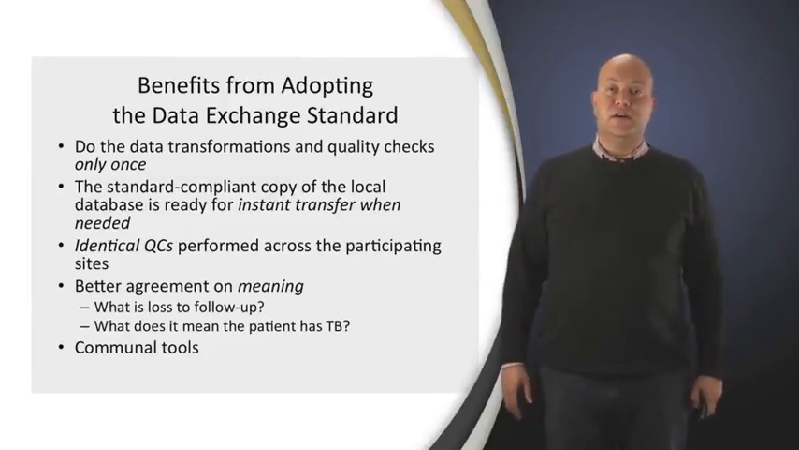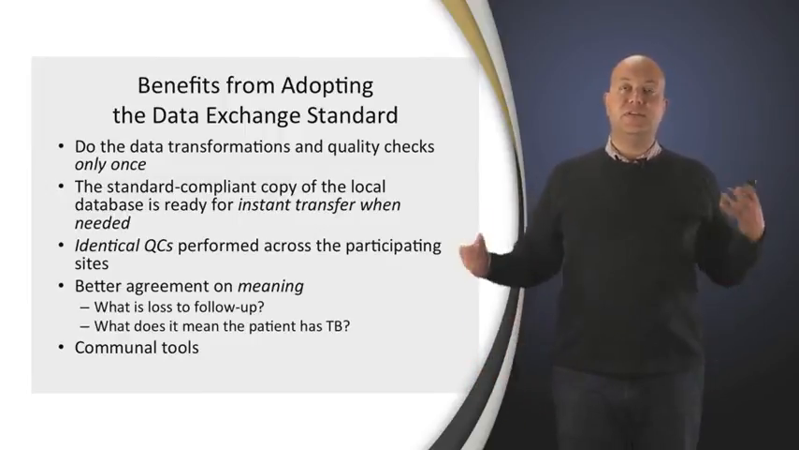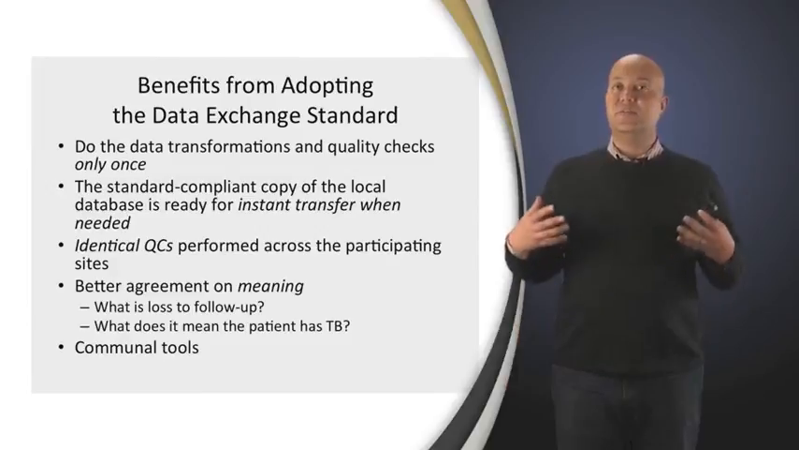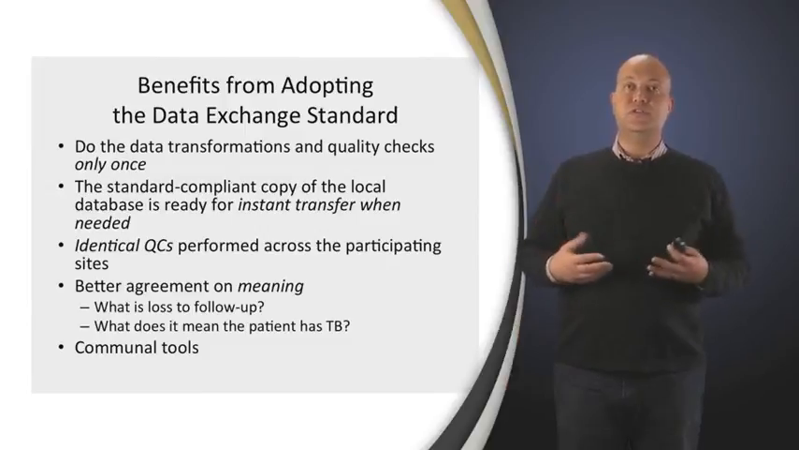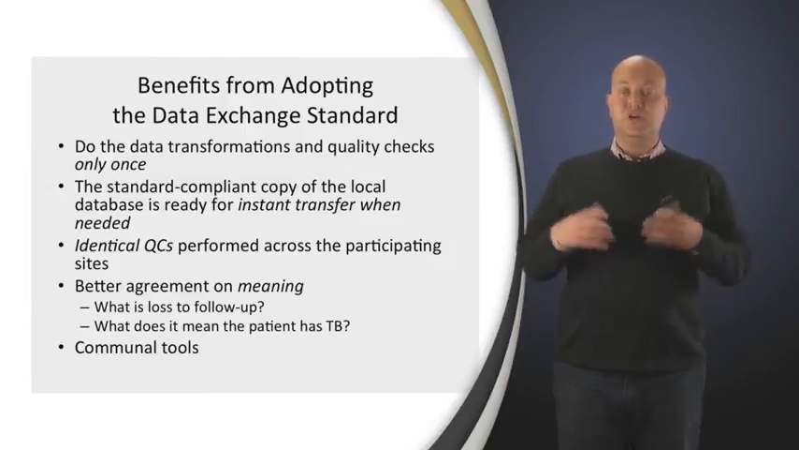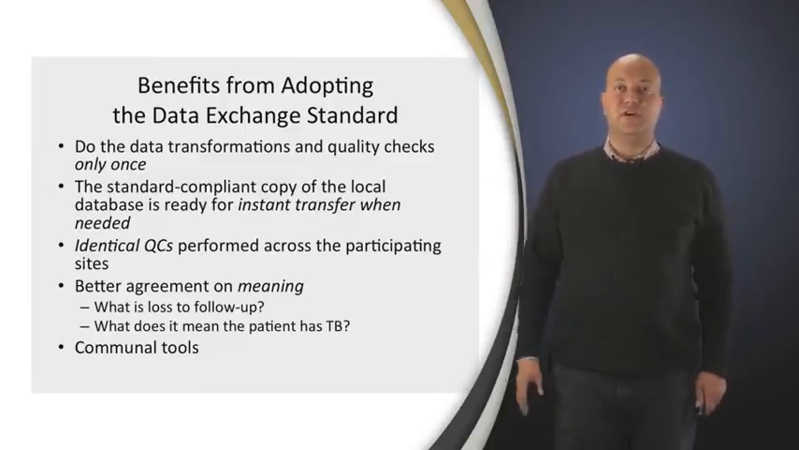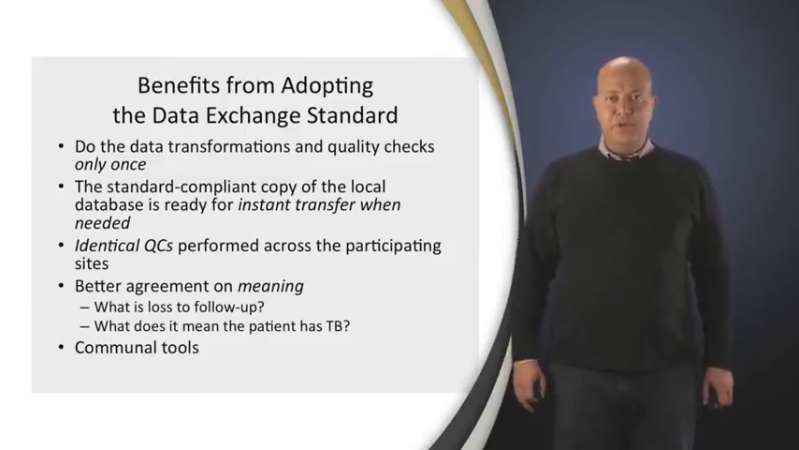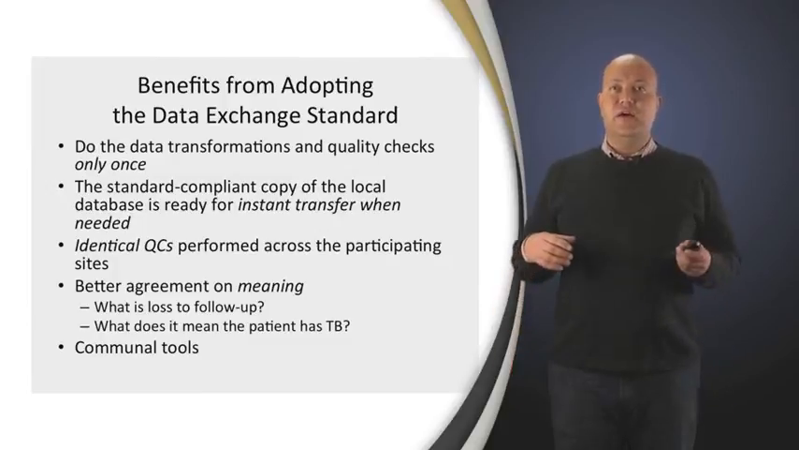There are identical quality checks performed across the participating sites. Everybody knows how the data should look. So there is a minimum set of quality checks that everyone runs, and people can write communal code or communal tools and share them with each other to ensure this kind of quality control is uniform across all the participating sites. And an important side effect is when you try to transform the data into a standard, you do two